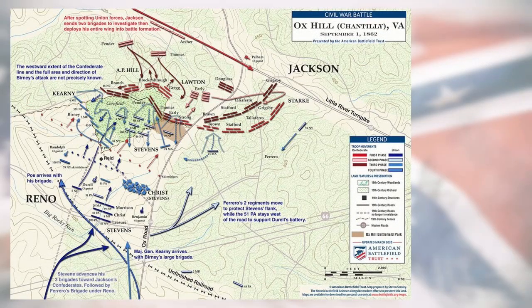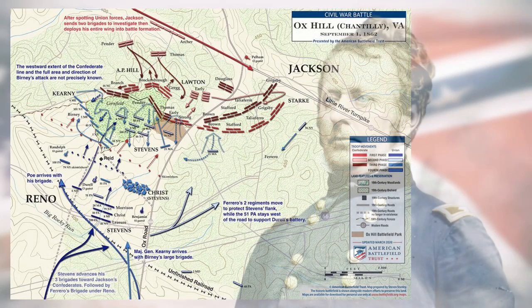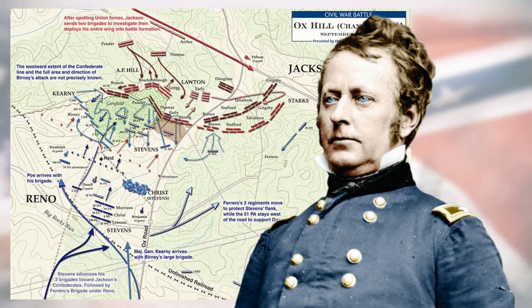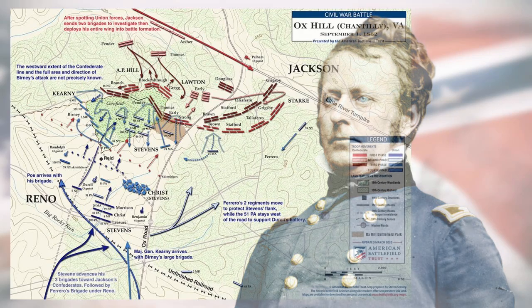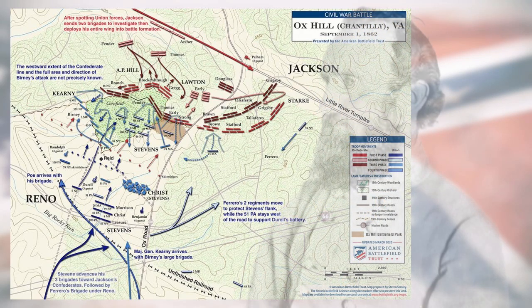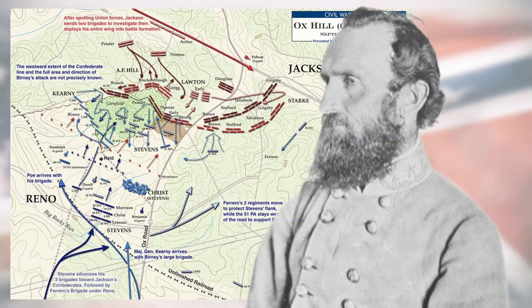Hoping to get a better picture of what he was up against, Hooker sent 2 regiments of New York infantry forward through dense woods a few yards south of the Little River Turnpike. As one of the regiments emerged from the woods around 3:30 p.m., it encountered and opened fire on a skirmish line of Virginians from the Stonewall Brigade that was moving down the turnpike. The Virginians quickly withdrew, but an artillery piece belonging to Stuart's cavalry checked any further advance by the New Yorkers.